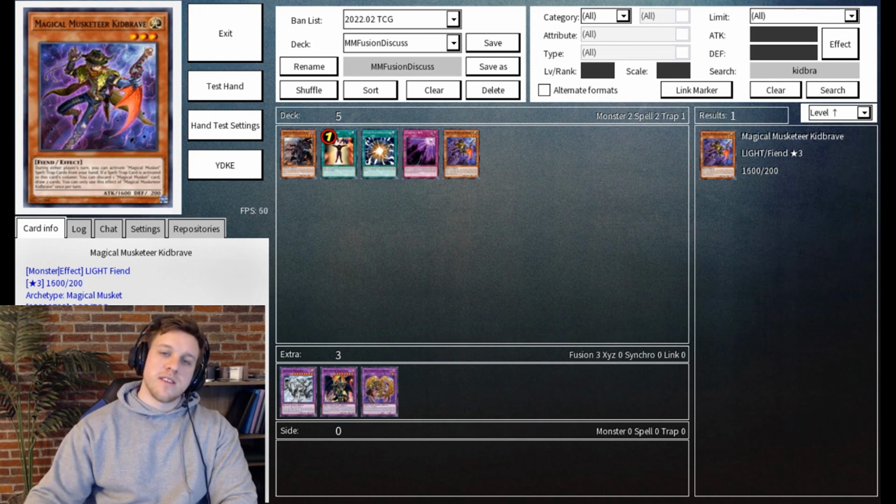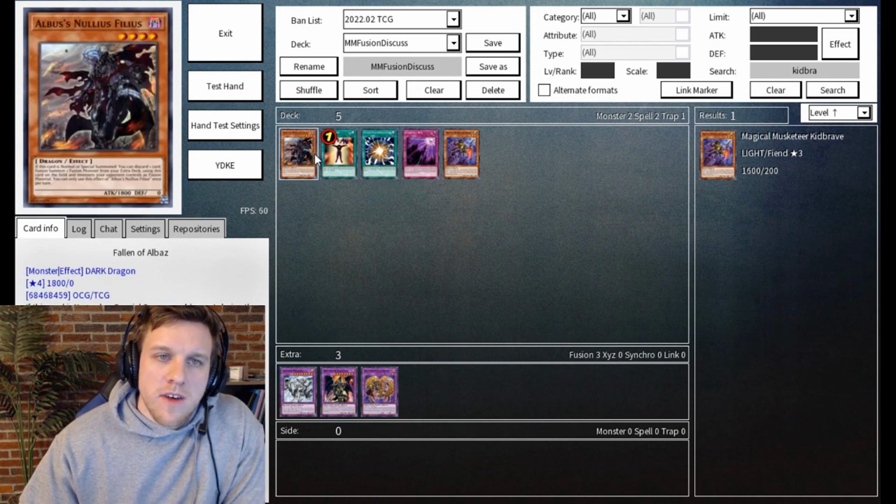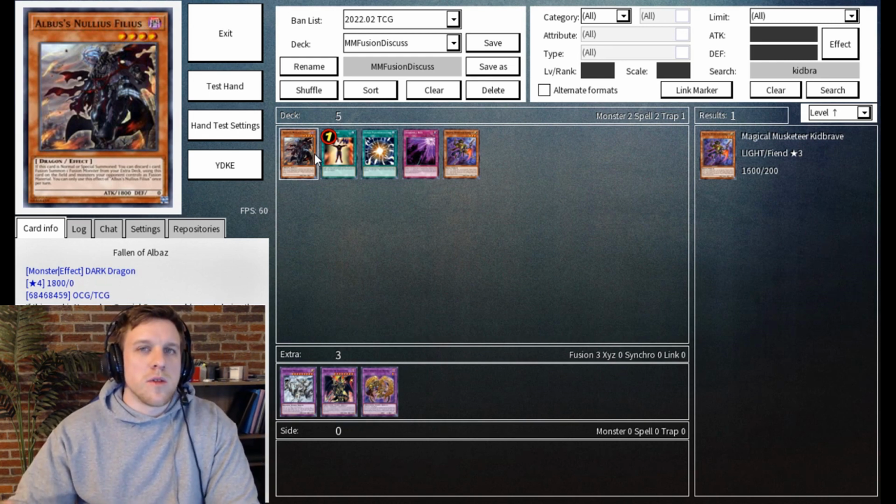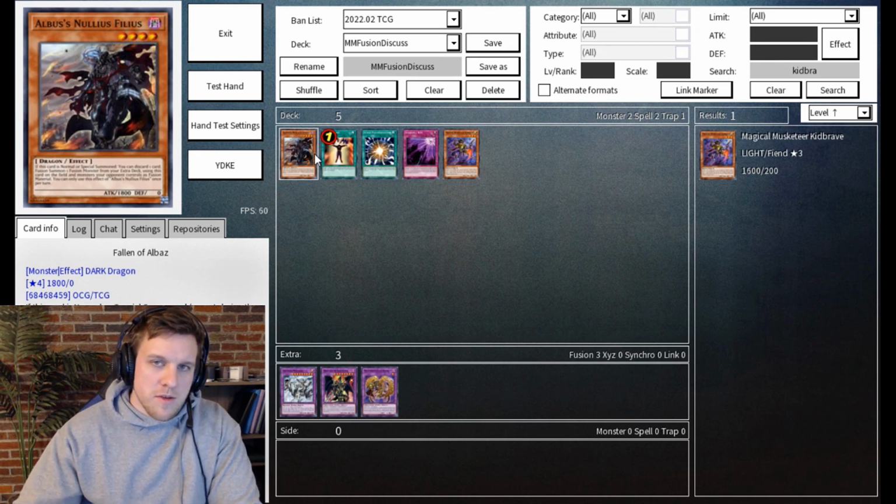Alright guys, I just want to have a quick discussion on some of the cards that I've chosen not to play, but I did consider. The first one is Fallen of Albaz. There's really no good way to incorporate this. You really want to normal summon Albaz in an Albaz deck, and we just want to save our normal summons